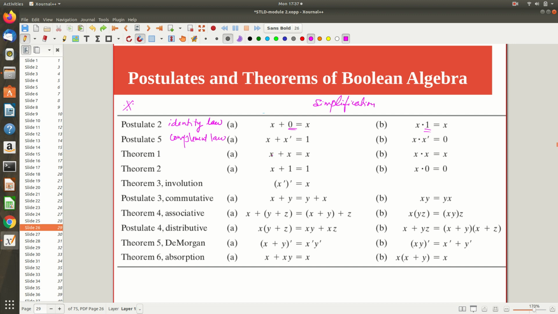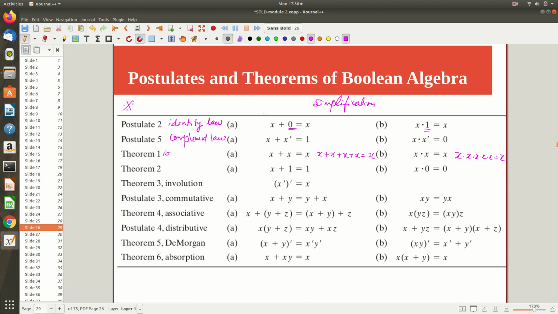You can simply take x and perform the dot operation with the same x, and you can see that the result is also x. Similarly, x dot x is equal to x. Not only this, it will repeat: x plus x plus x plus any number of x will always be x. Similarly, x dot x dot x dot any number of x. This is called idempotency. If I repeat the operation again and again over the same element, I am not getting something new. The same element itself repeats. That property in general is what is called idempotency.